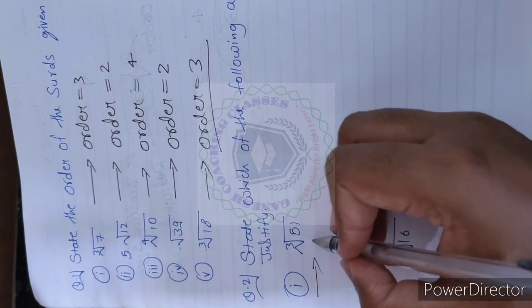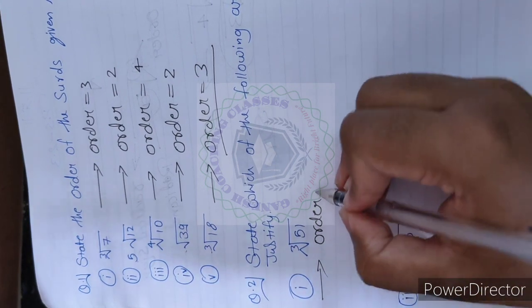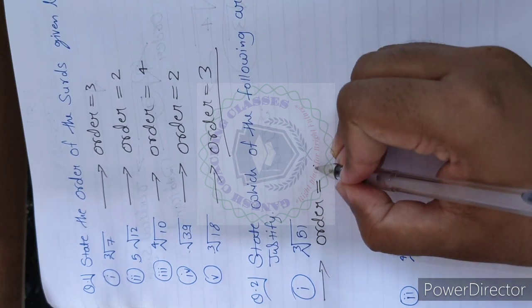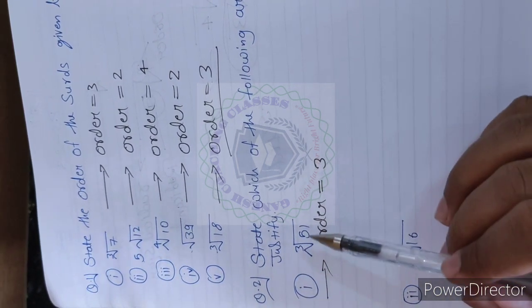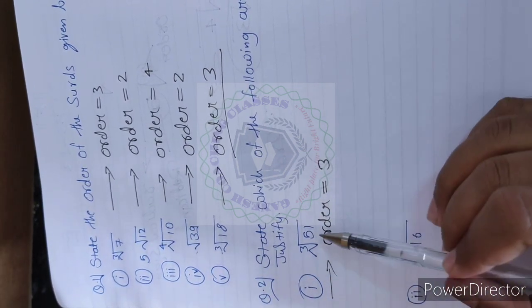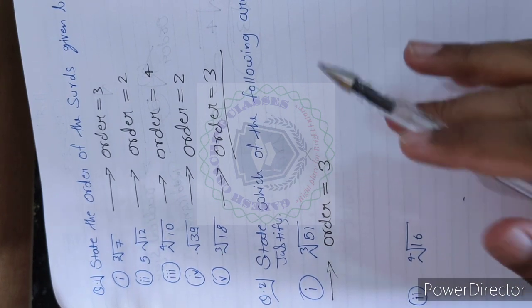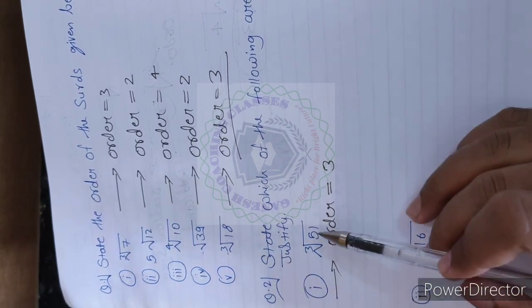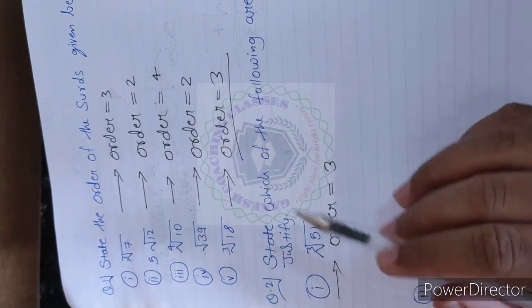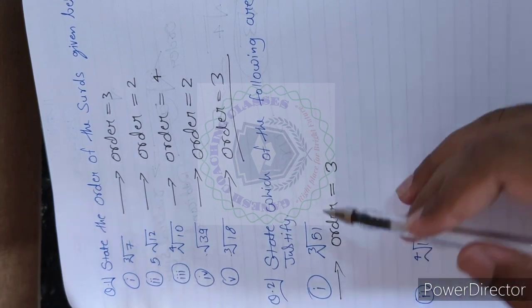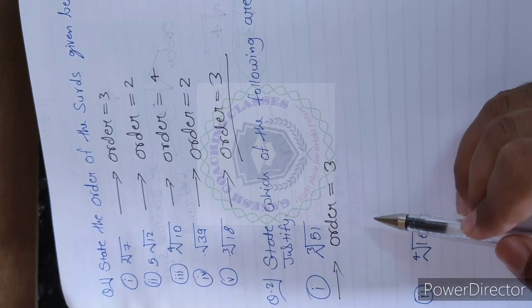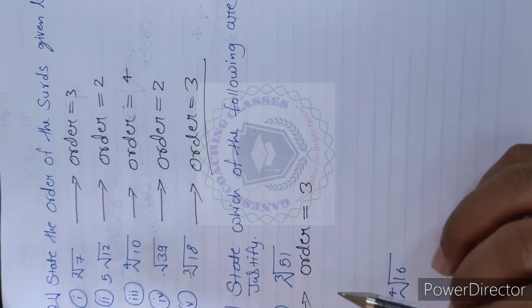Let's first write the order. What is the order here, 51 or 3? 3, because 51 is the radicand. And we have to remember one thing, that the radicand should be positive. It should always be positive, and then we can move further. If it is negative, then the root is not defined. So to solve this type of question, we need the radicand to be a positive number. Here in all the cases which we have been given, the radicand is positive.